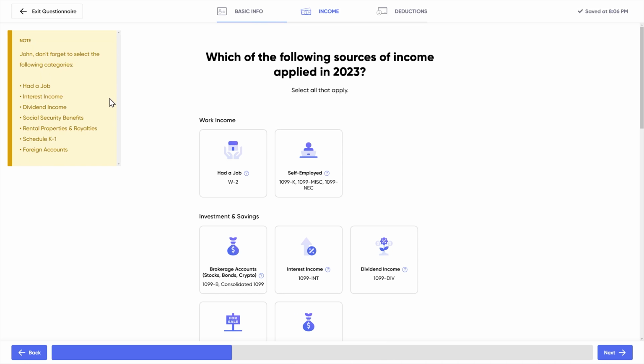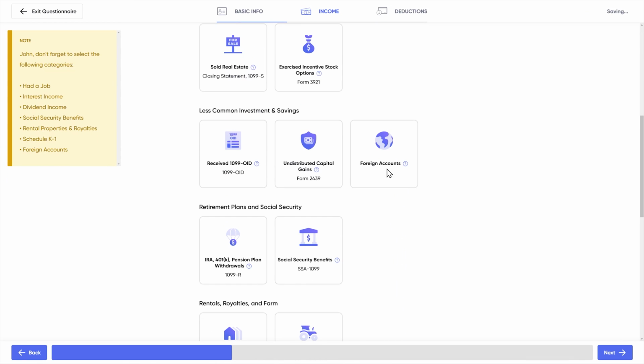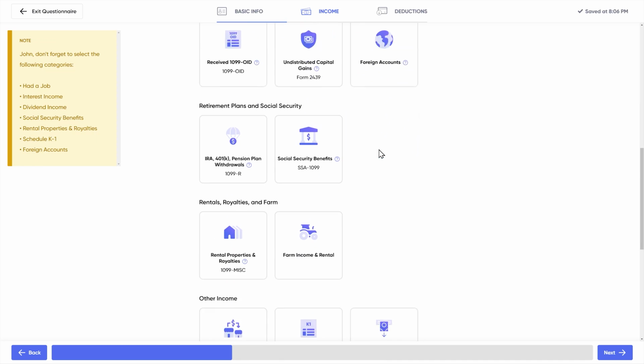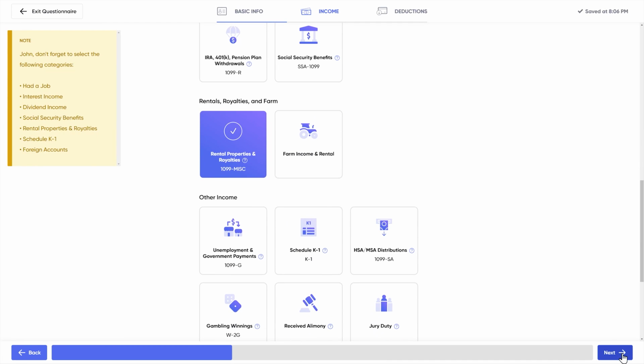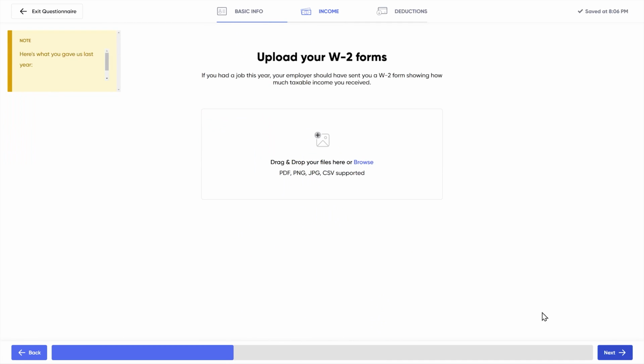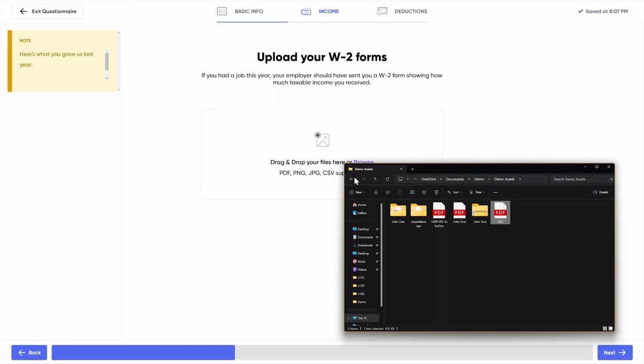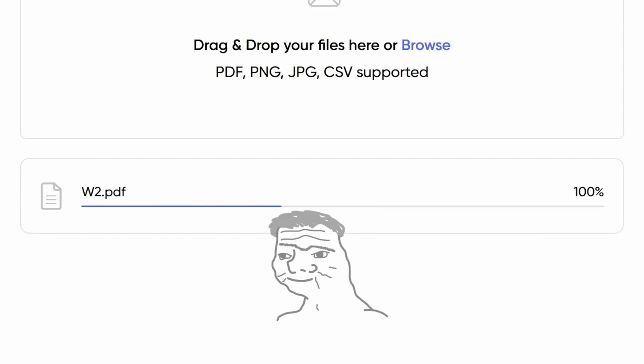So on this screen, you're gonna click through all the stuff that applies to you. W-2, what else? 1099, I got my rental, let's just go with that. So based on those selections, it now steps you through what you ought to have for each of those selections. So first it's gonna ask me to upload my W-2, chuck the W-2 in, machine goes brr, do the same